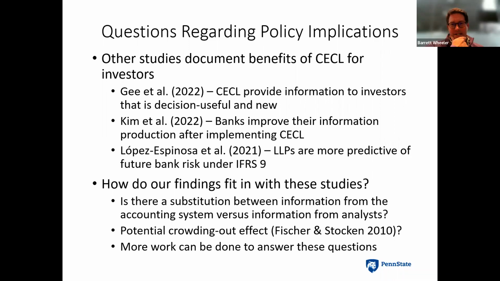Yeah, so this slide kind of answered my question a little bit, or addressed the question I was going to ask, but I think I can expand on it. I obviously know that the GE 2022 paper is one that you've been working on, and when I was reading this one, I was thinking, how are you reconciling these findings in your mind? On the one hand, you're saying decision useful information. On the other hand, you're saying it's harder for analysts.